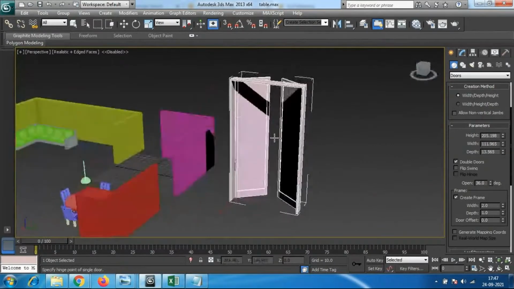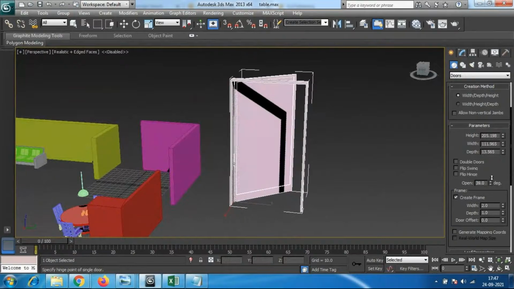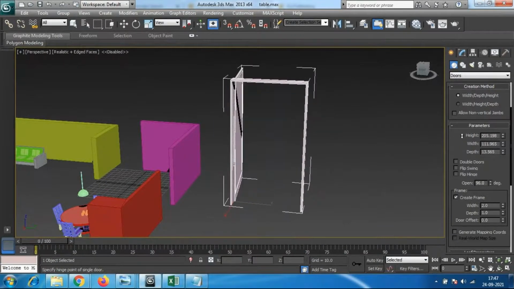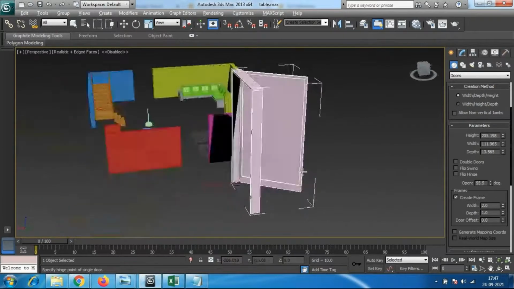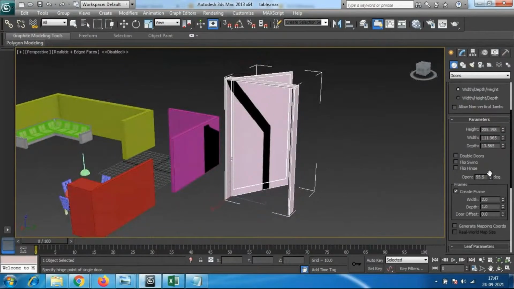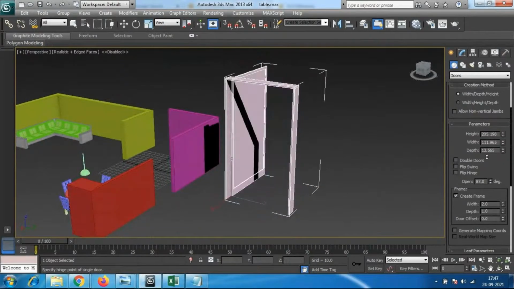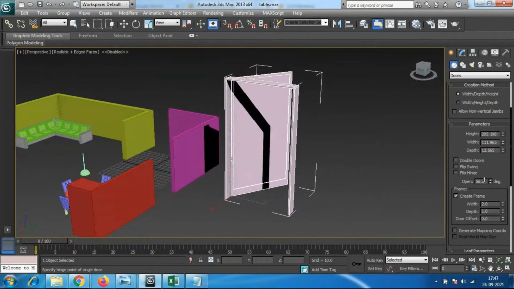So double door. If it is a single door, so again we have an option of opening and closing. Okay. So here also we have an option of open and closed option. Okay. So you have to add a door and the staircase and all these options you have to add it. Okay. So this is my door and